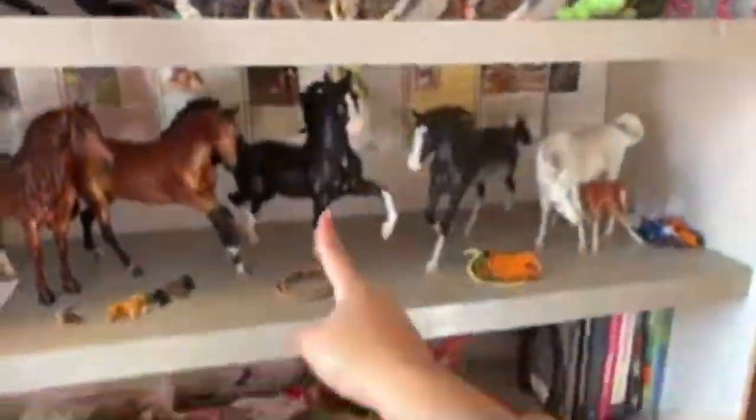So yeah. And then over here, I have the expensive/rare shelf. So it's quite crowded at the moment because I tried to fit all my rarest of horses. Definitely my rarest of horses, I'll tell you right now, is him. I don't really know what he's limited to, but we'll get to him in a second. Up here, these two aren't rare whatsoever, but I just thought I might as well make this my rearing horse shelf. And so that's exactly what I did. These are my rearing horses. And so right here I have,